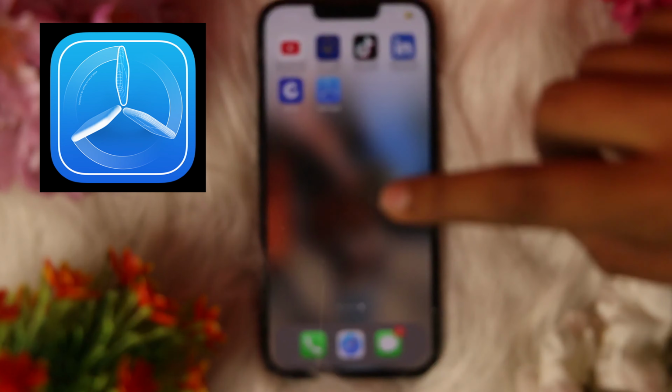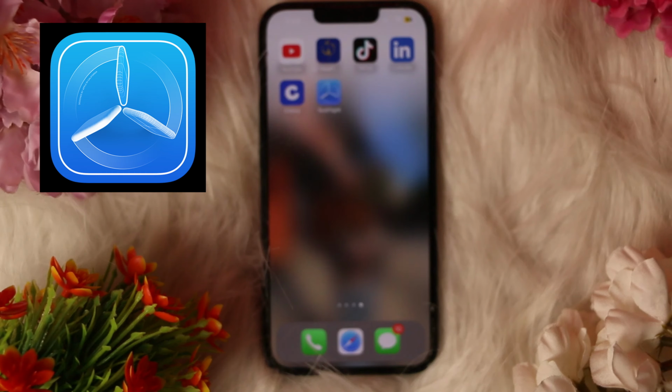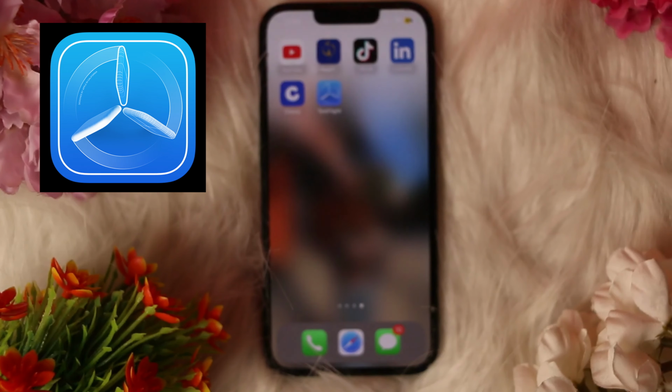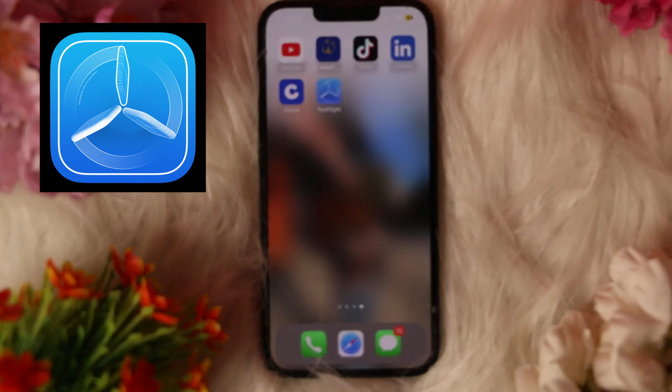So in the following video, I will guide you to log into your TestFlight account. Now if you don't know how to log into your TestFlight account, then this is the video for you, so simply watch the video till the very end to know about it. So let's get started. Now to log into your TestFlight account, make sure that you have installed the TestFlight app